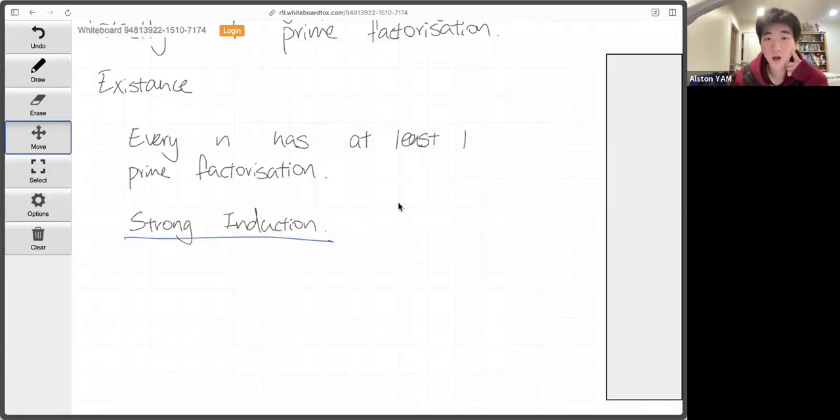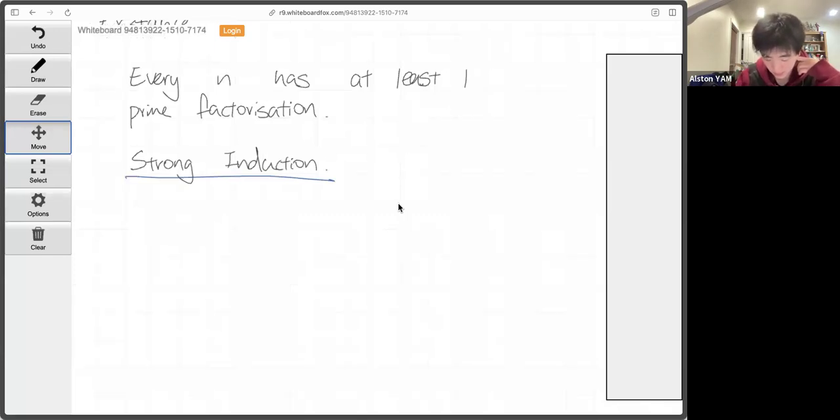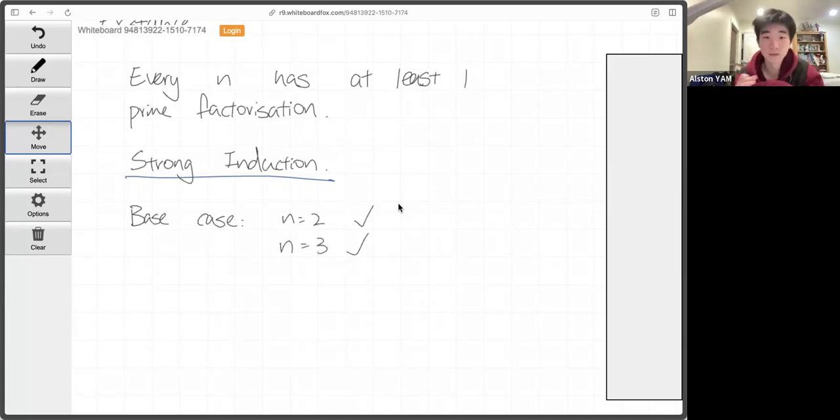So let's do our base cases. Base case, n equals 2. That is good because 2 itself is a prime, so n equals 2 has a prime factorization. Let's do one more. n equals 3. That is also good, because 3 is a prime, so it also has a prime factorization. Now comes the induction hypothesis. Our hypothesis: